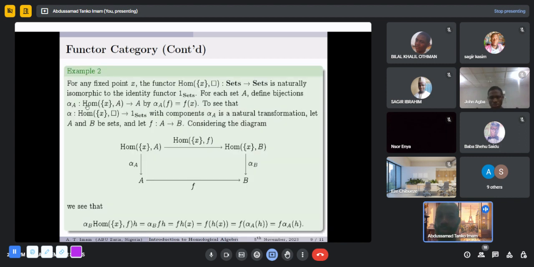So we have an example here to show the hom functor. You remember the hom functor? We define it. That is a functor that you can define from any category into the category Sets. So if you take any point, a fixed point, actually, just fix a point and define the hom functor. The hom functor is sending every